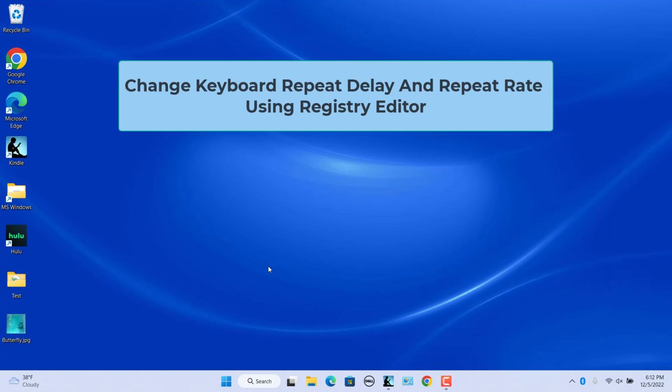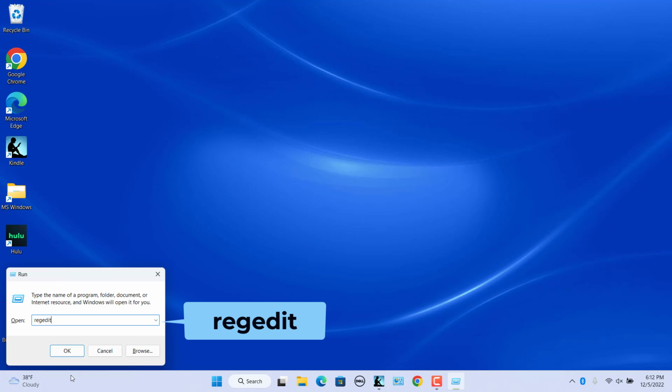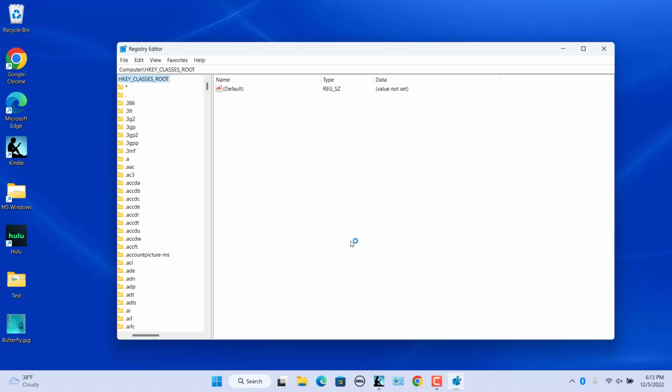Change keyboard repeat delay and repeat rate using Registry Editor. Advanced users can also modify the Registry to customize keyboard repeat delay and repeat rate. Press Windows and R keys to open the Run command. Enter regedit and click on OK. Registry Editor opens. Go to this key,